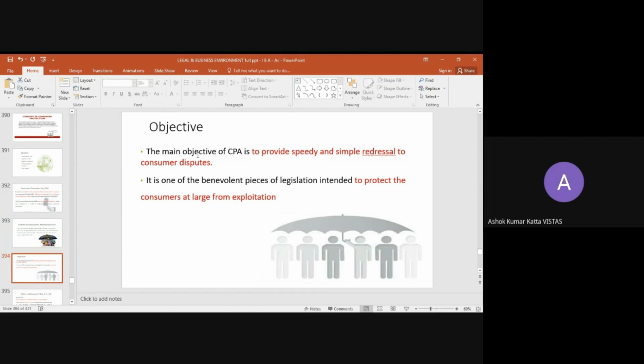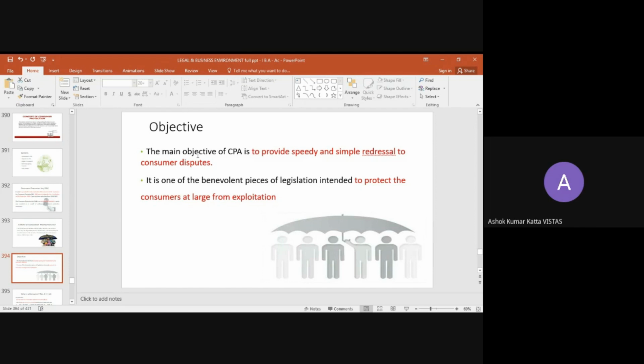So the first foremost objective of introducing this Consumer Protection Act is, whenever they found any buyer was cheated by a salesman or a manufacturing company, you can approach the Consumer Protection Act for getting justice. Sometimes there is a problem between salesman or selling company or manufacturing company versus buyer. So by that time you can approach the consumer protection councils.